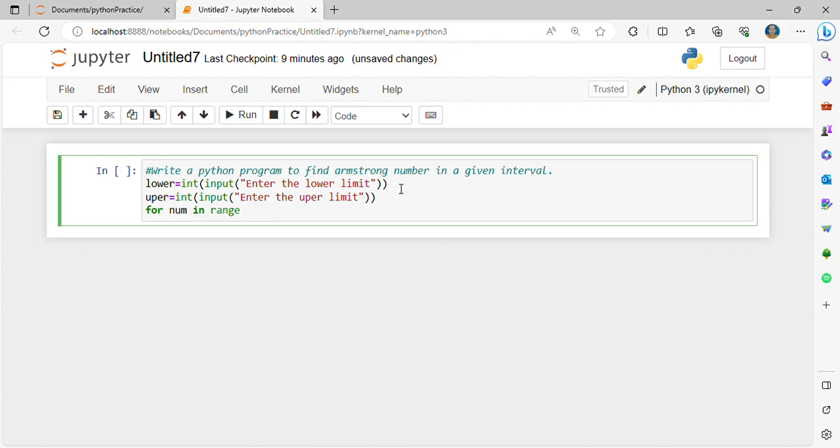Now what is range? Here I am using range. So range is a function which returns a sequence of numbers. The proper structure of a range function is lower limit, upper limit, and the step. So three parameters I can pass here in the range function. First one is the lower limit, where I am passing this lower variable, where I have taken input of my lower limit. Next I will pass upper